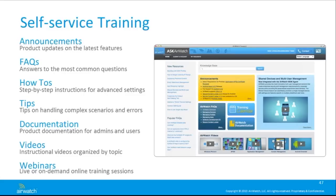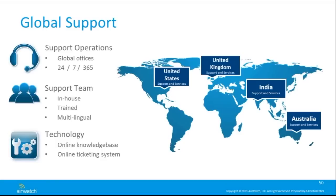And then global support, so really a follow-the-sun type mentality here. So again, as I mentioned, we're global, have offices all over the world. Our headquarters is here in the U.S. in Atlanta. But again, 24/7, 365 support here. So if you need help, we're there. Whether you call in, we also have a live chat option that is from within your console. You can be live chatting with one of our technical consultants and troubleshoot an issue while you're actually inside of your environment. Or you can email in and submit requests to our team, and they'll respond back to you in the same fashion. So